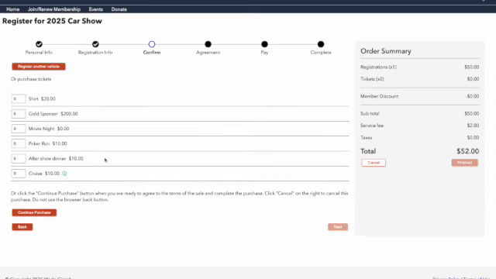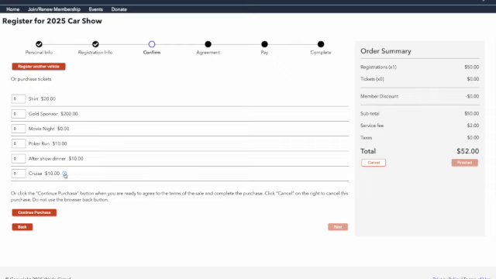I'm just going to dive in here. After making the selections for the registration, there's this new screen where it will show the tickets that are public, that's these top two, and it'll show the tickets that are event only, that's these bottom four. So only people who are registering a car or purchasing a swap space will be able to purchase these tickets. And also this blue eye for the information will only show up if you've entered in information